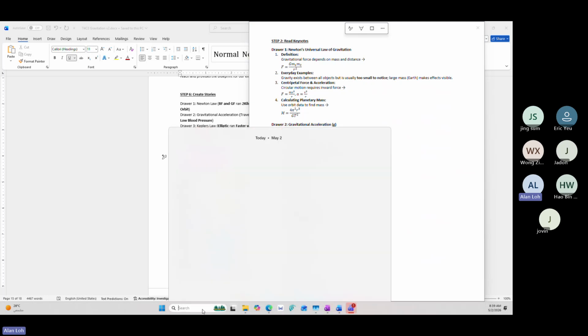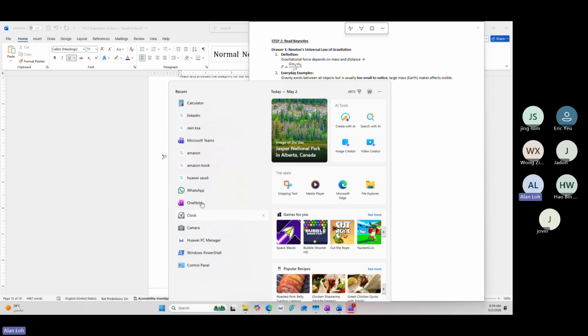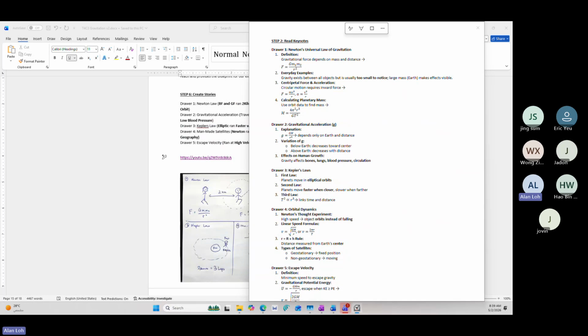There are quite a few formulas, just to give you a heads up. So don't force yourself to remember the formula now, because there's no point. You just need to know there is this formula in this drawer, or there is such a complicated formula in this drawer, and that's it. You're going to remember the drawer and the formula as we progress from step 1, 2, and to the following more advanced steps, right?